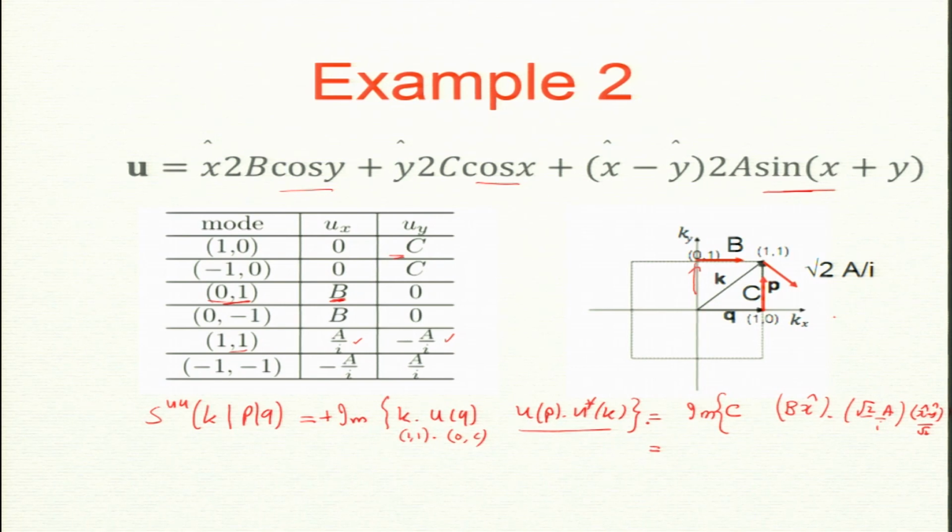You will see that if you do Cray Herring it is easier, that is why Cray Herring. So, x hat dot x hat is 1, x hat dot y hat is 0. This gives you imaginary C B, and the B by I is here with root 2. There is a minus sign here because I take the complex conjugate. So, this becomes minus I like that. So, minus 1 by I is I.